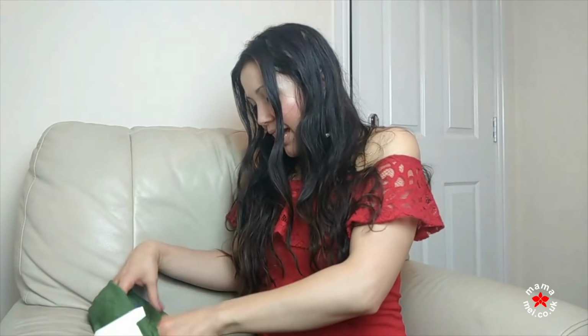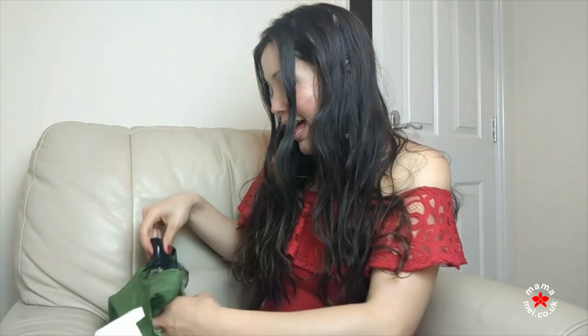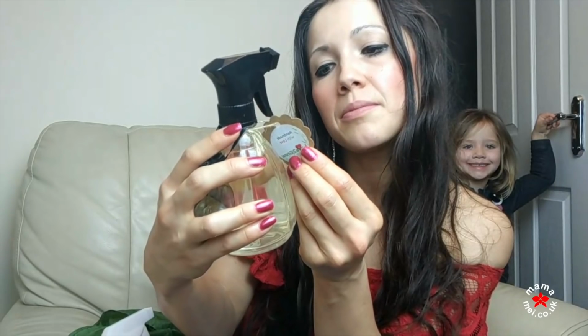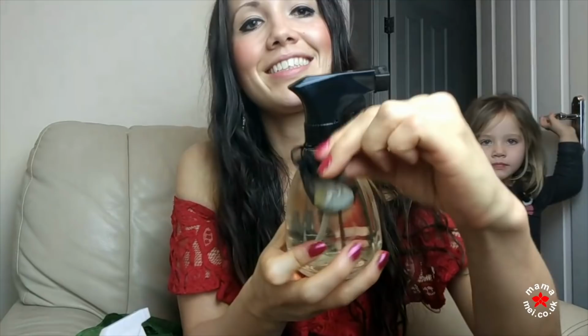But not only that, she gave me these cloths, which are great for green cleaning, and these products. This one is Christmas in a bottle, and it has in it, so it's all natural, water, vinegar, fruits, spices and essential oils. And she's even added a little crystal, but it proper...